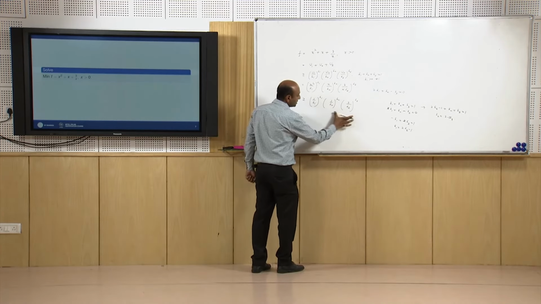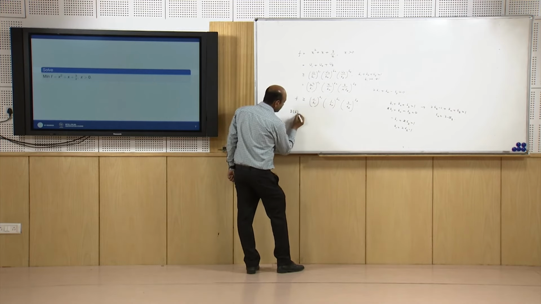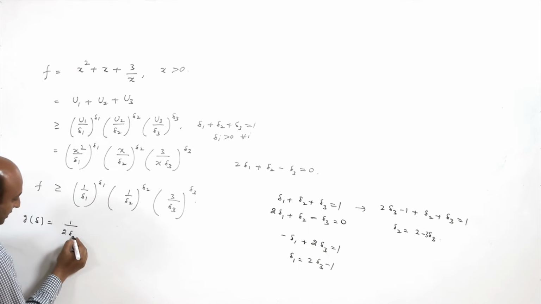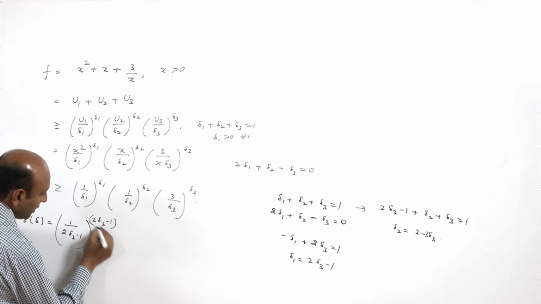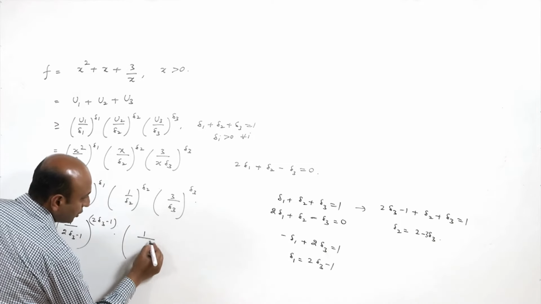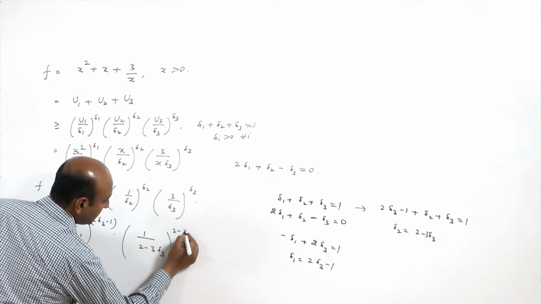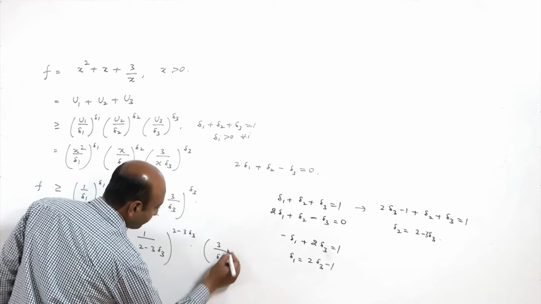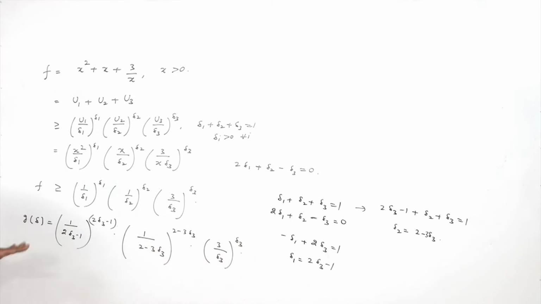Now, you focus only on this term. Okay. What is this term? Say it is g delta. G delta is the right hand side: (1/delta 1), where delta 1 is 2 delta 3 minus 1, whole raised to power 2 delta 3 minus 1. And delta 2 is 2 minus 3 delta 3, so (1/(2 minus 3 delta 3)) whole raised to power 2 minus 3 delta 3. And delta 3 remains as it is. Okay. So, in this way we have expressed the right hand side only in terms of one variable.